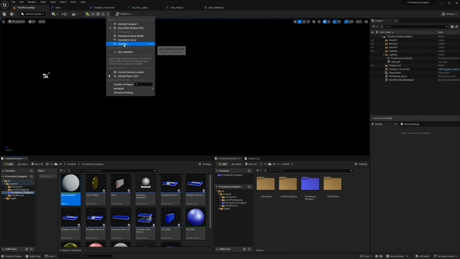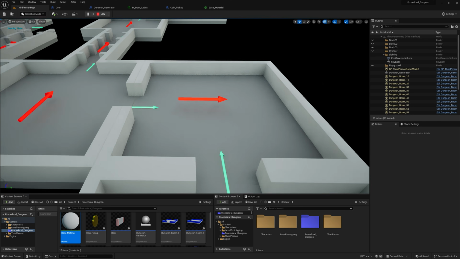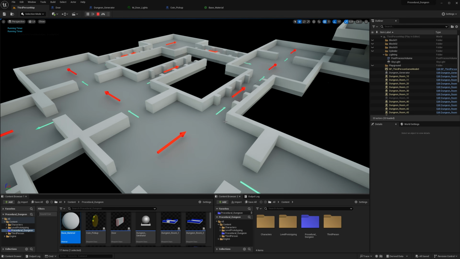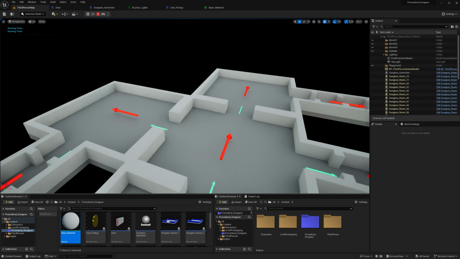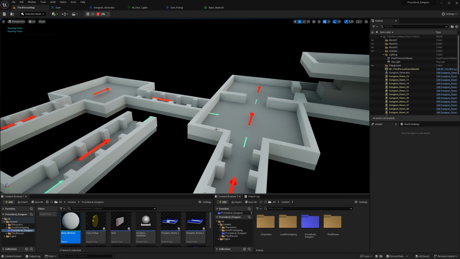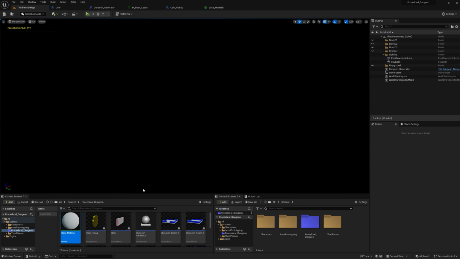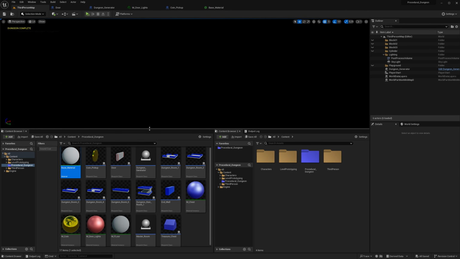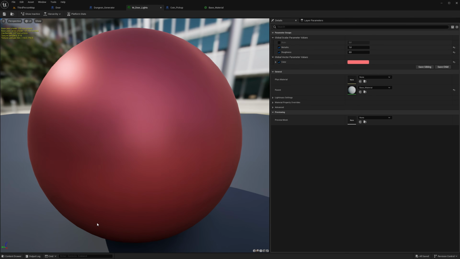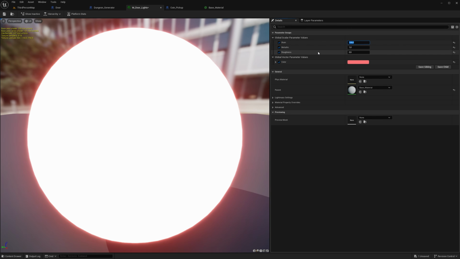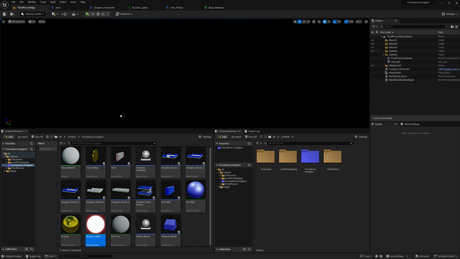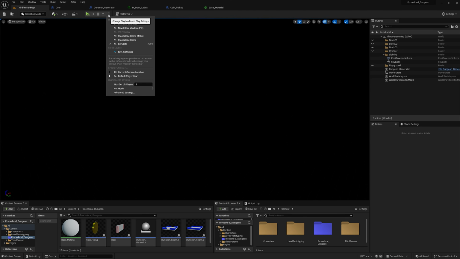Let's get out here, let's simulate. Let's just check that the materials are not messed up. All look fine. Then let's go down to door lights, go into it and click on the Illum we just made. Set it to, I don't know, 100, that worked. Save it. And play the game.